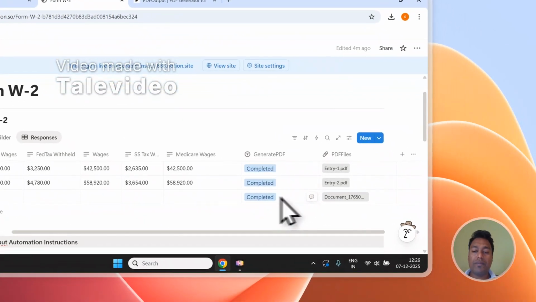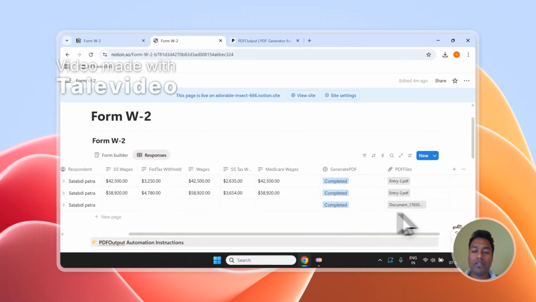And as you can see, it has even completed and processed the document and generated the document directly inside the database, which we had marked as ready to